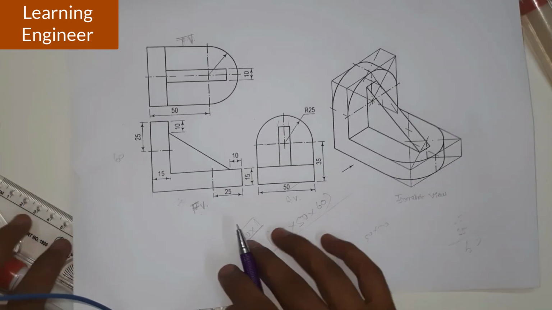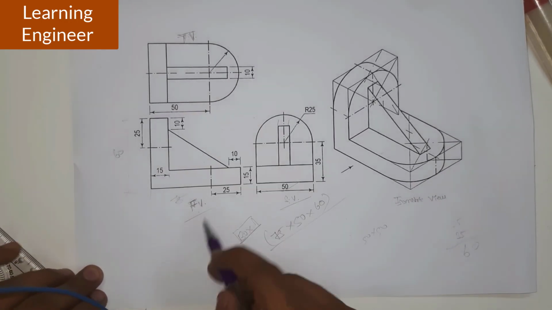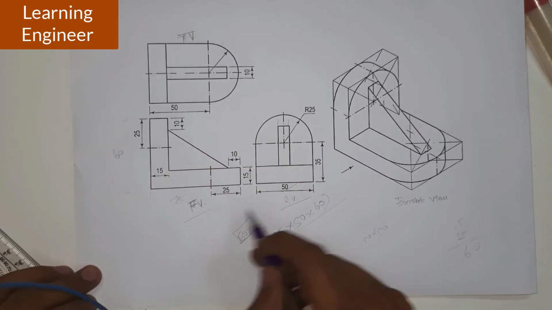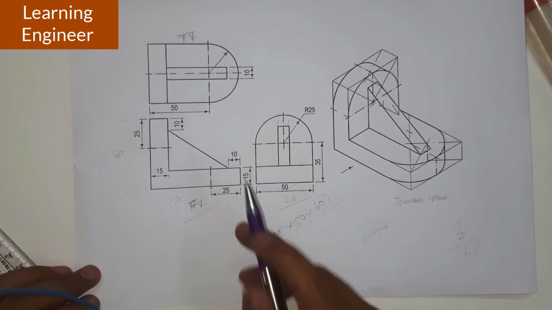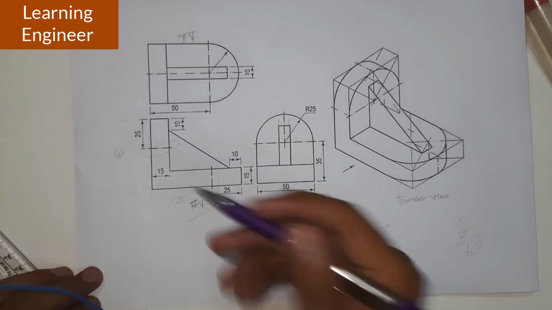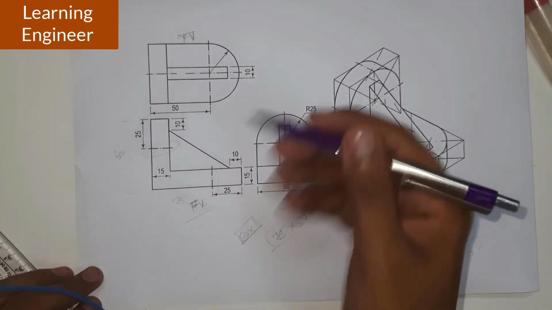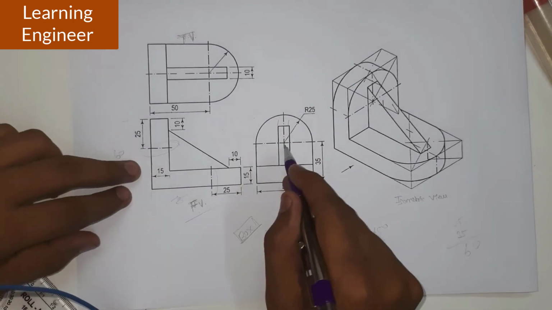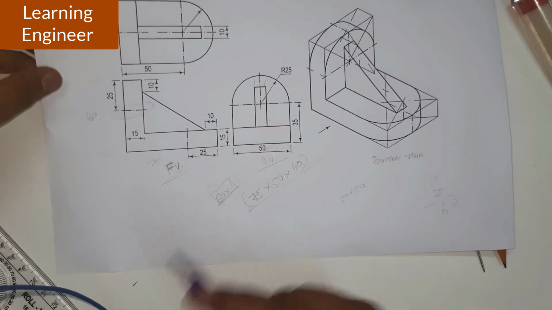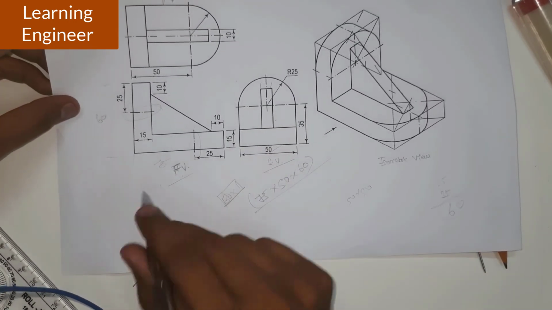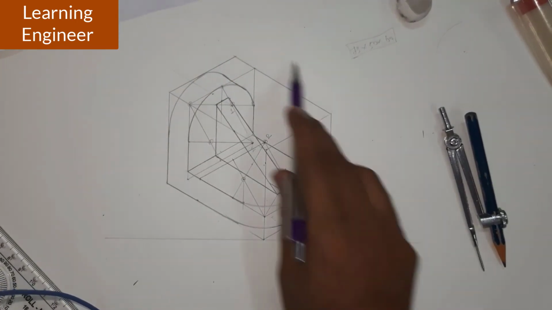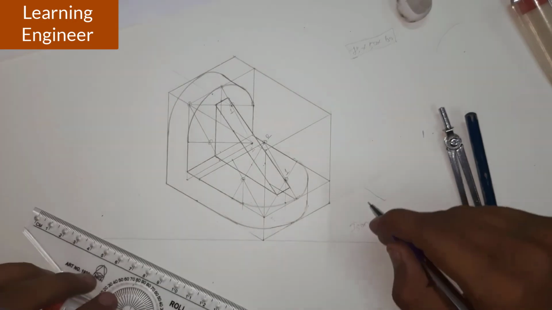So this is how we have been given the front view or side view, front view or top view. With the help of this center line, we have to identify this particular circle. Over here all the three diagrams have been given, so that becomes much clearer. But if only two views have been given, then with the help of these center lines we have to identify that the circular part will be there on the upper side or on that particular side. So we have to increase our imagination power. As per the given top view, front view or side view, we have completed the isometric view. So this is how we complete the isometric view.